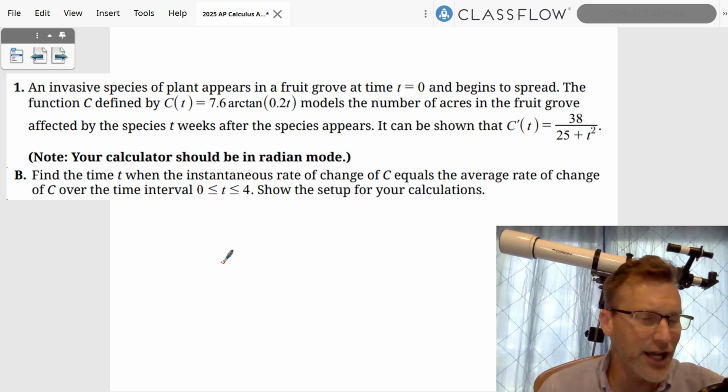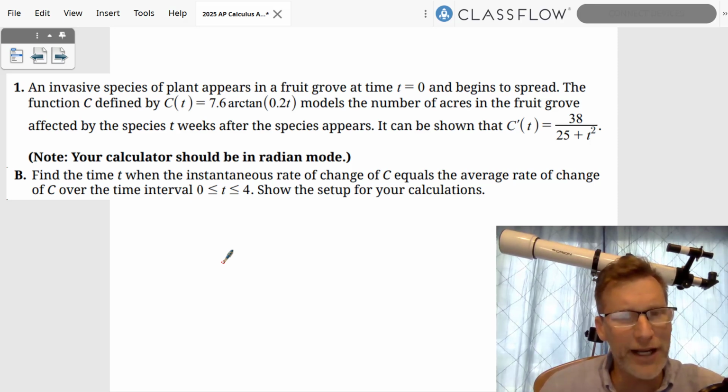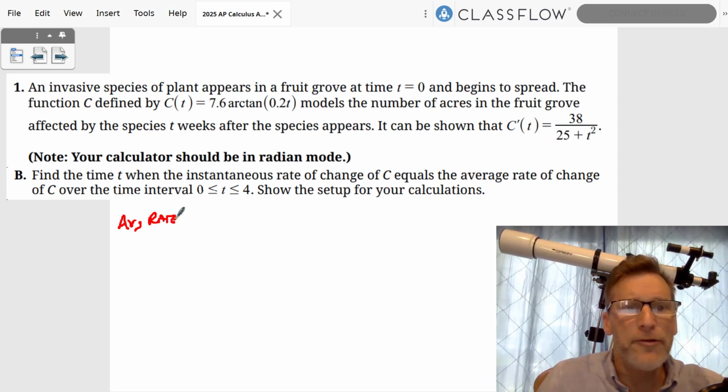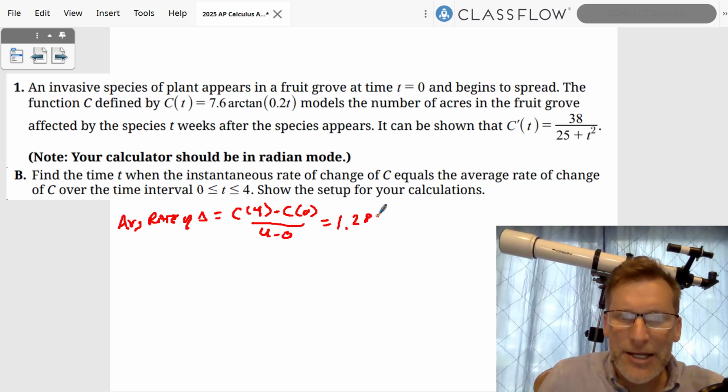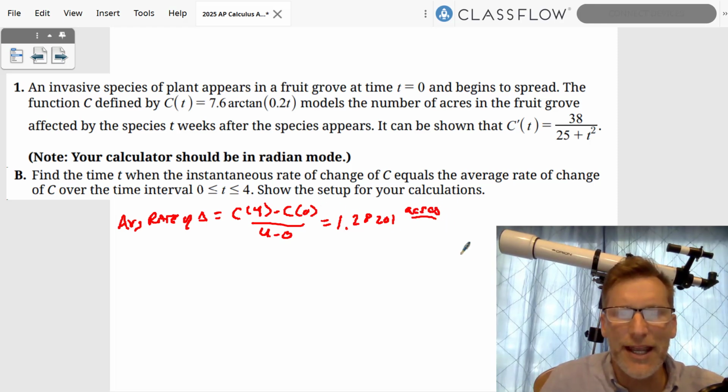Part B is asking for the time when the instantaneous rate of change equals the average rate of change. Well, the average rate of change is different than the average. How we find the average rate of change is we're going to take C of 4 minus C of 0 over 4 minus 0, and we can do that in our calculator, and we end up getting 1.28201, and that is in acres per week,